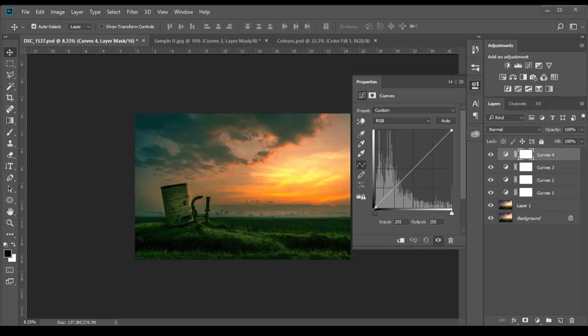So this is for today. Look, Photoshop is like an ocean, okay, and these tools and these adjustment layers are drops of it. So I hope this video will help you to find some details about curve adjustment layer,